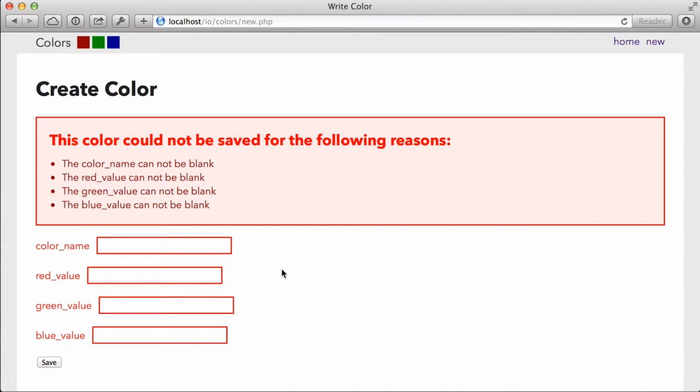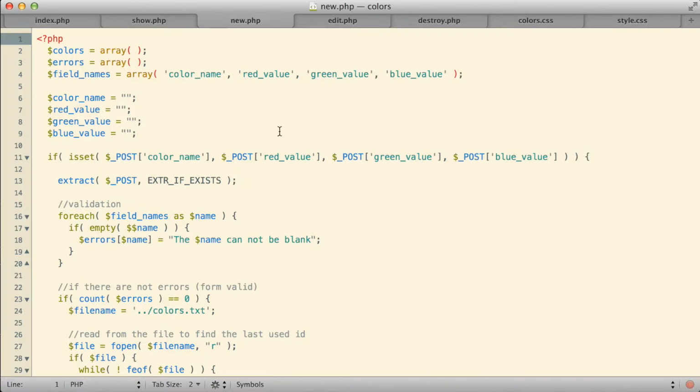I don't guess you could really say that the field names are ugly. What they are is basically technical. What we're doing is we're taking the actual HTML names of the 4 fields that are in our page, and we're using those to actually display them to the user, which is not exactly the best user experience. Back over here on the new page's code itself, what we had done was we had created this array called field names, and in that array I have the actual HTML names of all 4 of those different fields.